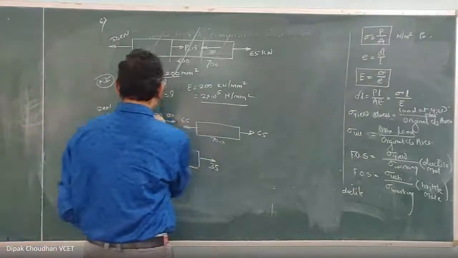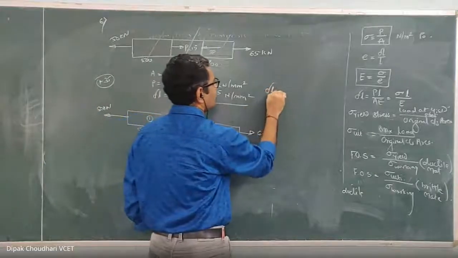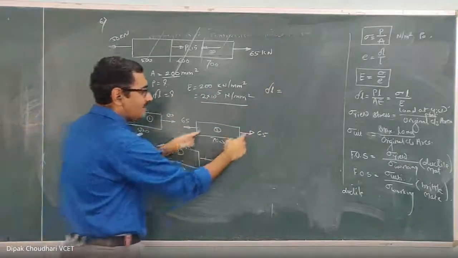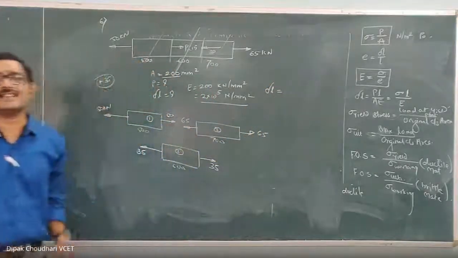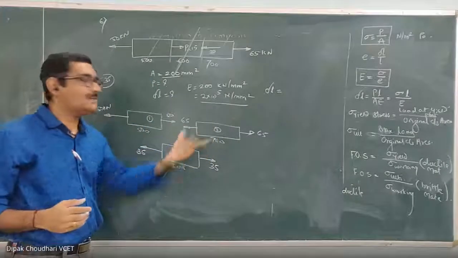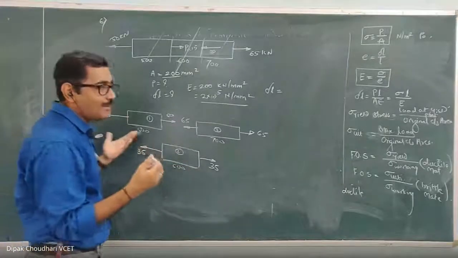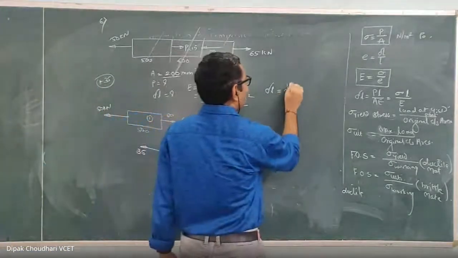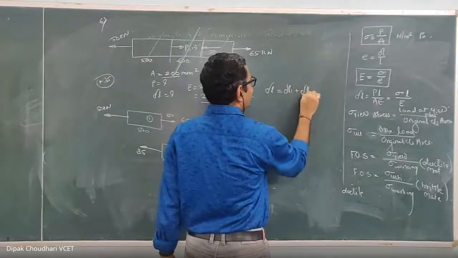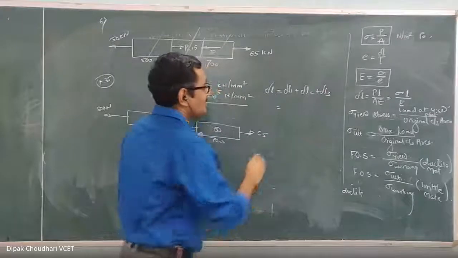So if I consider this as a 1, this as a 2, this as a 3, then total deformation is equal to, now all three are subjected to the tensile axial forces. Means there will be the increase in length for all these three because of the axial force. Since there is an increase in length, I will add all of them. So delta L equal to delta L1 plus delta L2 plus delta L3, which is equal to